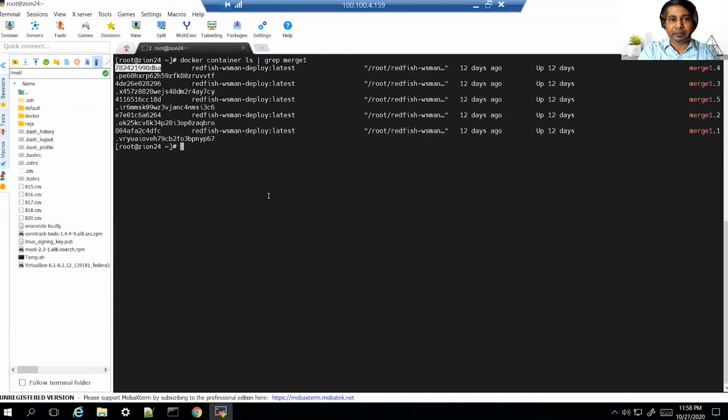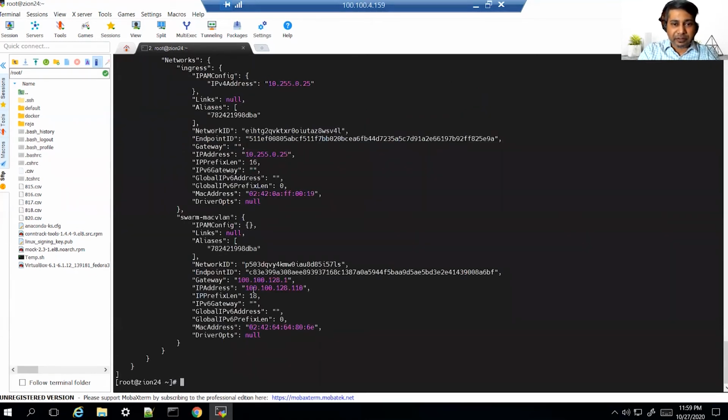I'll just take the first container ID here and see the details of this container. Note down that this container has got an IP 100.128.110.